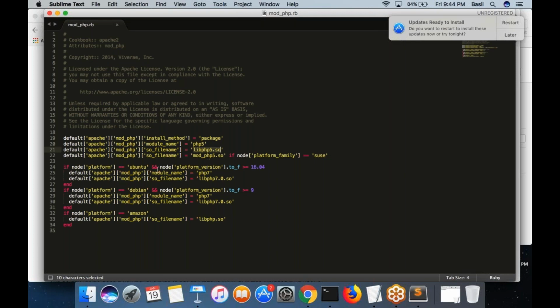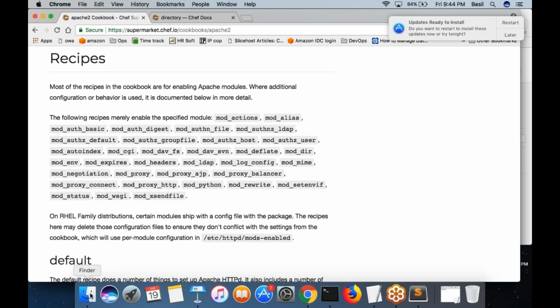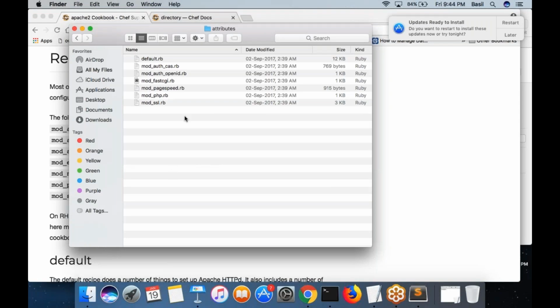Like this, if it is Ubuntu, then the package is PHP7. Otherwise, it is PHP5. By default, it is PHP5. So like this, you can have different attributes. These are PHP specific attributes, I would say. Right? So like that, if you want, you can create separate files and define your attributes in separate files as you wish.